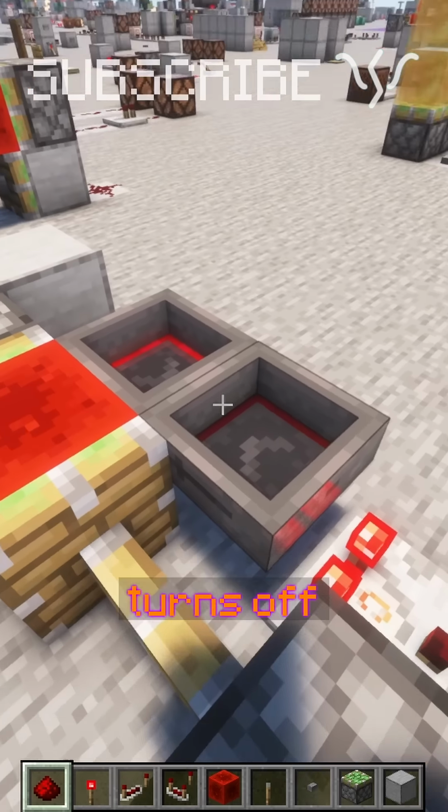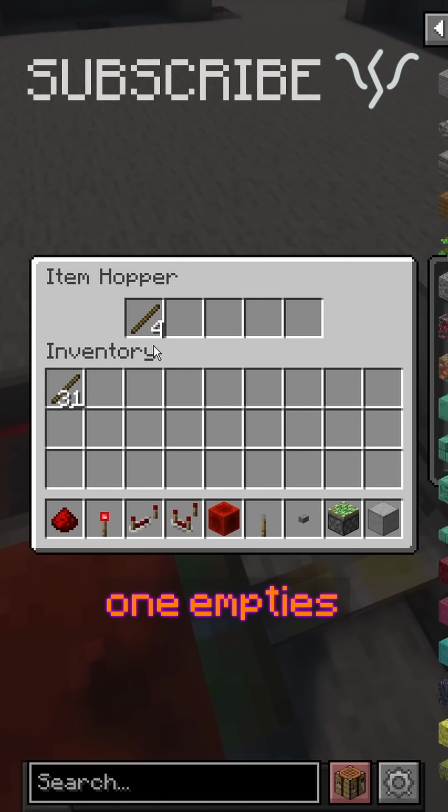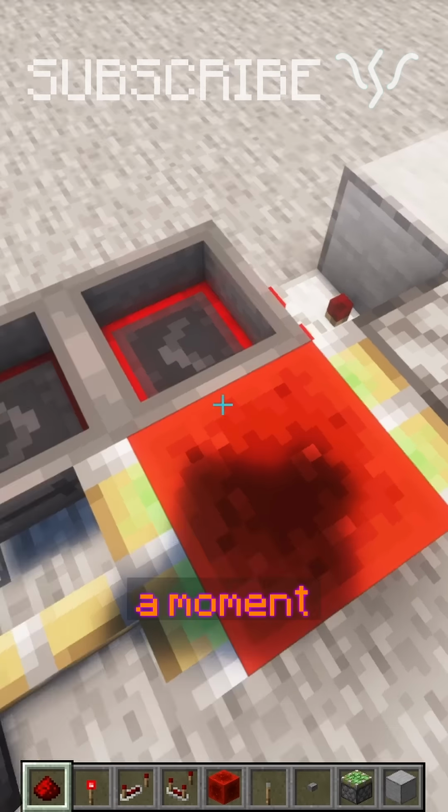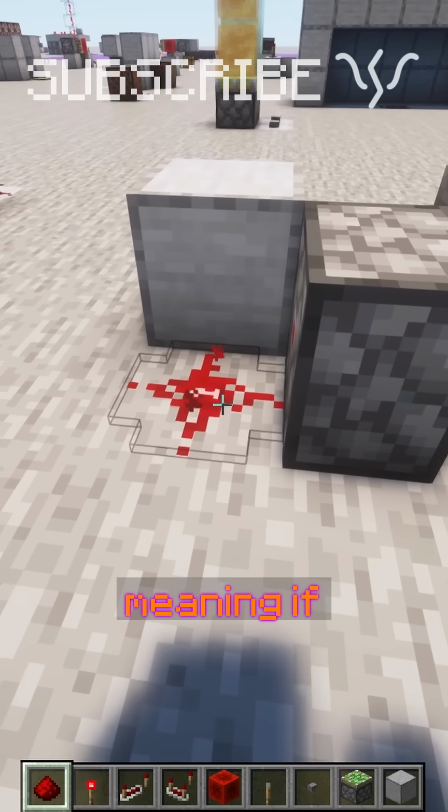We see that both of them are being powered at the same time. But it's when one of them turns off for just a moment that it's able to get pushed back across. So as this one empties, when it reaches 0, this one will turn off for just a moment, allowing it to get sent across. So both of these will normally be on,